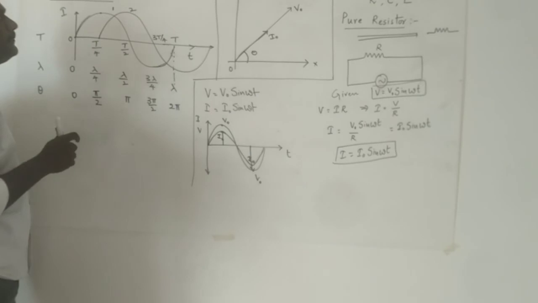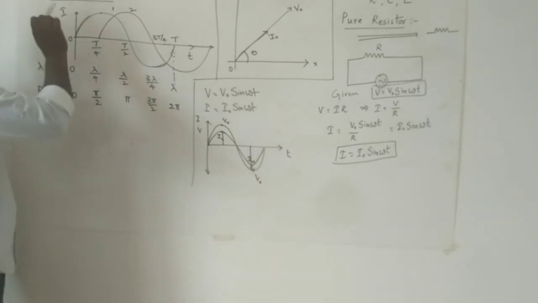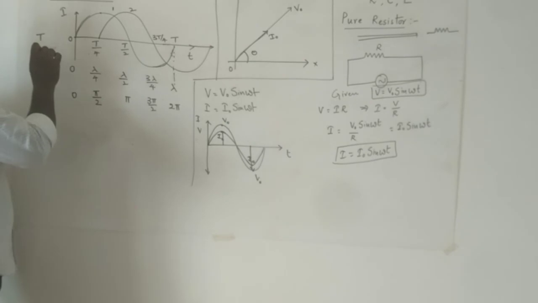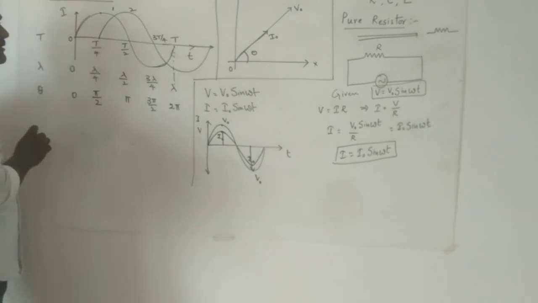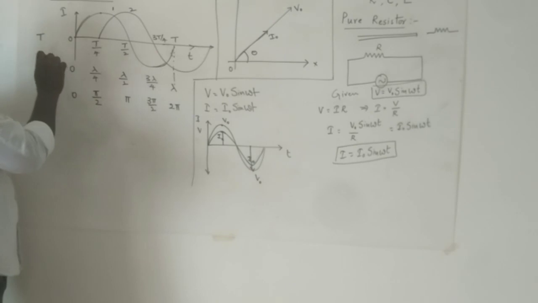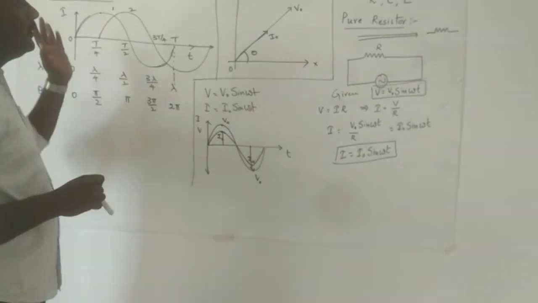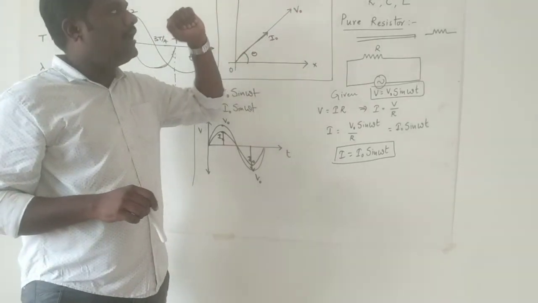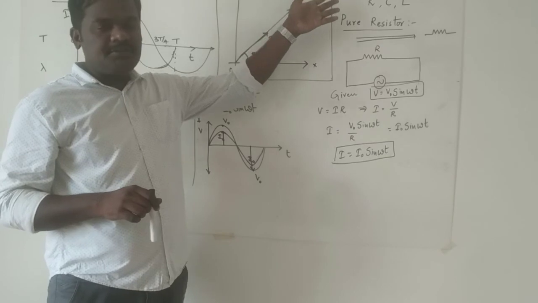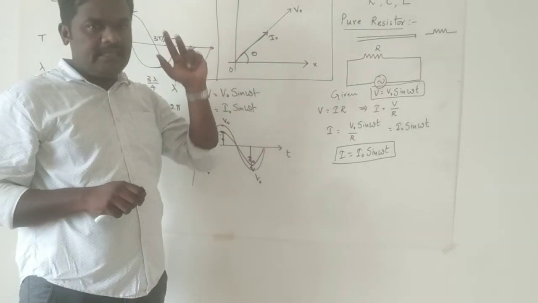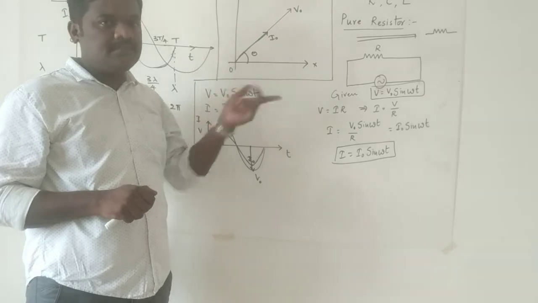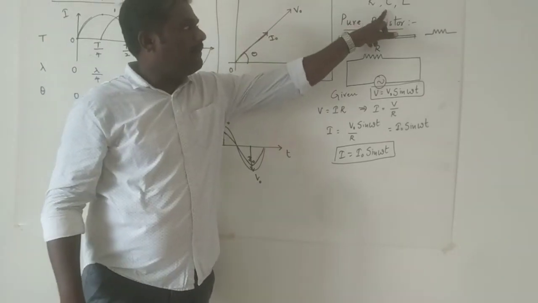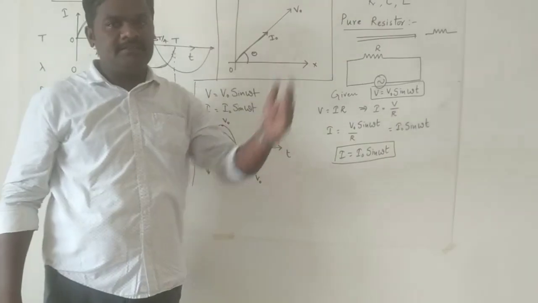So for today's concepts, hope you understood what a phase is and how to represent phase between two physical quantities, either in terms of time or in terms of angles, and lambda, which is in terms of path, which is not a necessity for this lesson. And next, what is the meaning of phasor? Further, what is the meaning of a phasor diagram? And using this, how you can establish a relation between the AC voltage and AC current in a pure resistor circuit. The further concepts, pure capacitor and pure inductor, we will deal with in the next sessions.